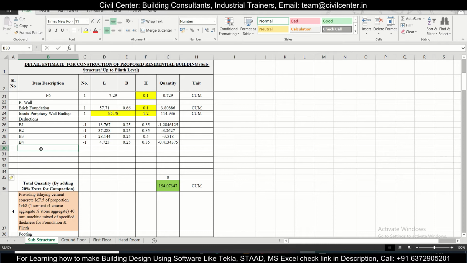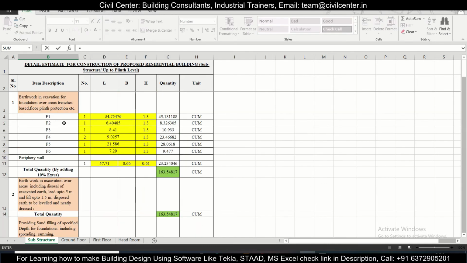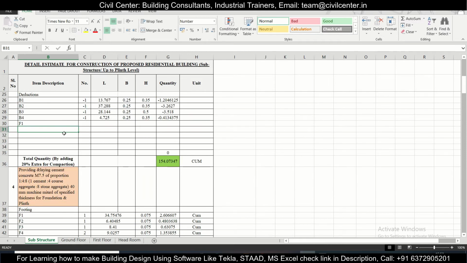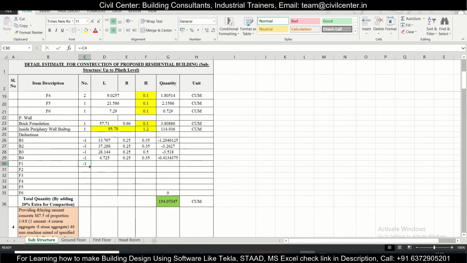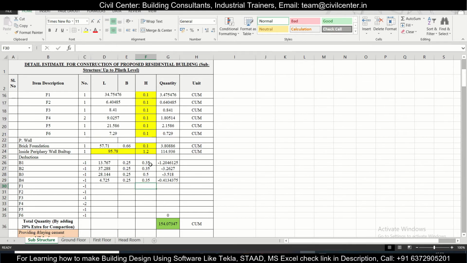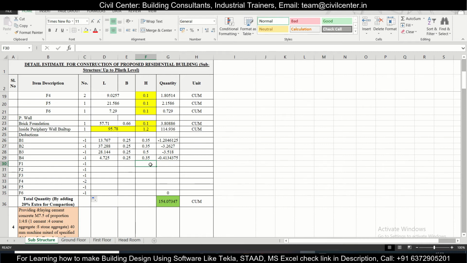It will be helpful and easier for us to just write F1, and then we can copy it up to F6, and here equals to minus, just minus this, and this will get copied. As you can see, this is getting copied. And the height also, whether you can find the height. No, we don't have the height mentioned anywhere. So the height also we can just do, I think this entire thing we'll need to insert. So just make this yellow.